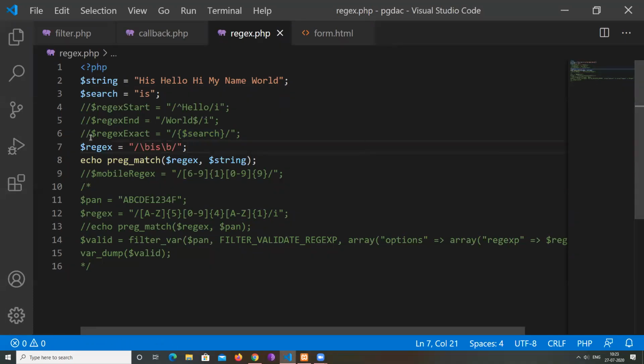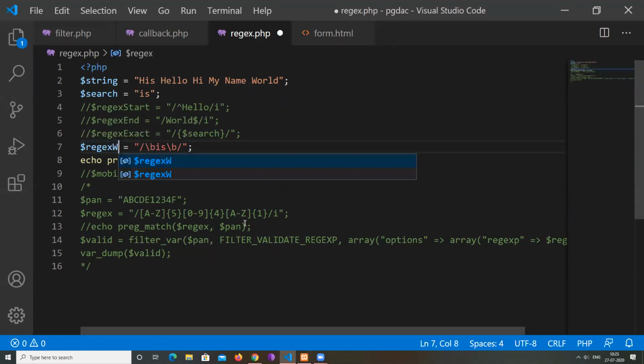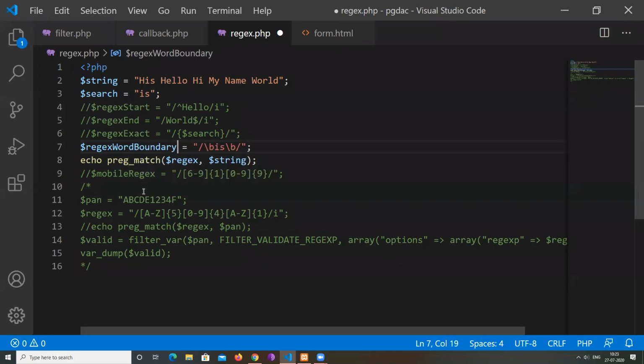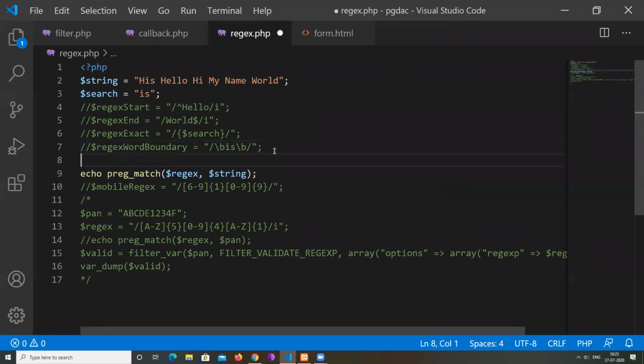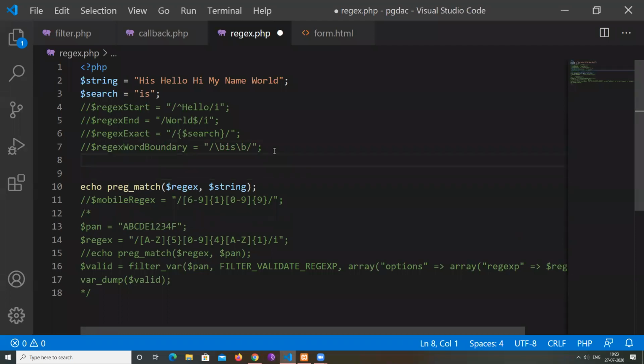So that was regex word boundary. The names I am changing so that you understand when you refer to this page that this is for starting, ending, exact match, word boundary, and so on. Now, next part is that